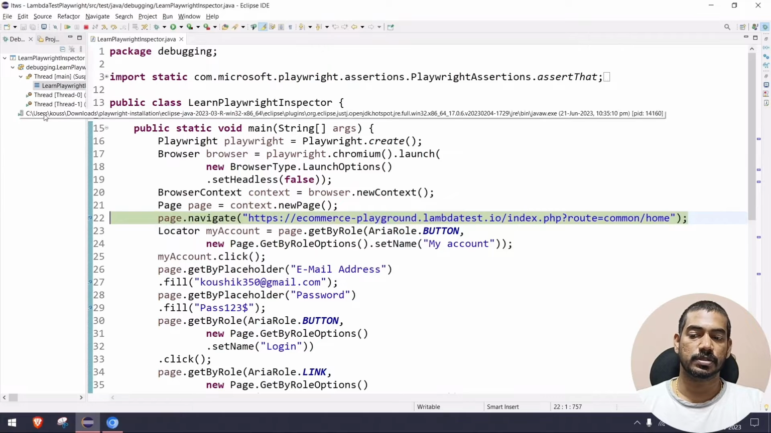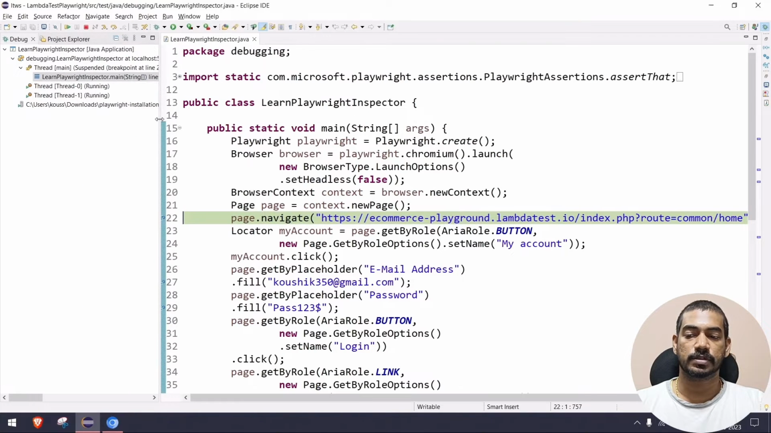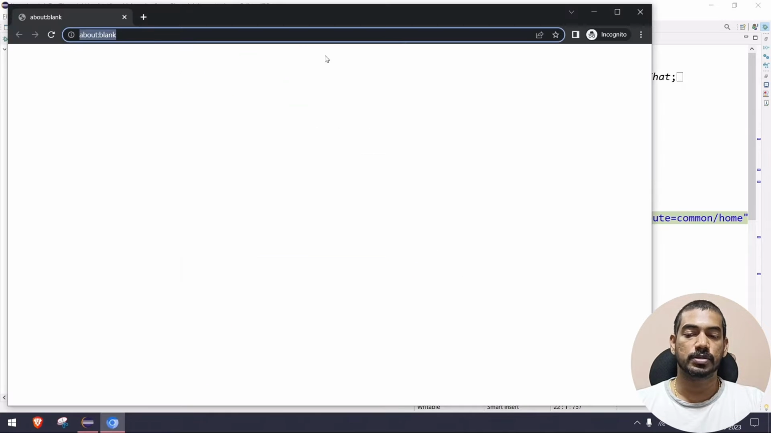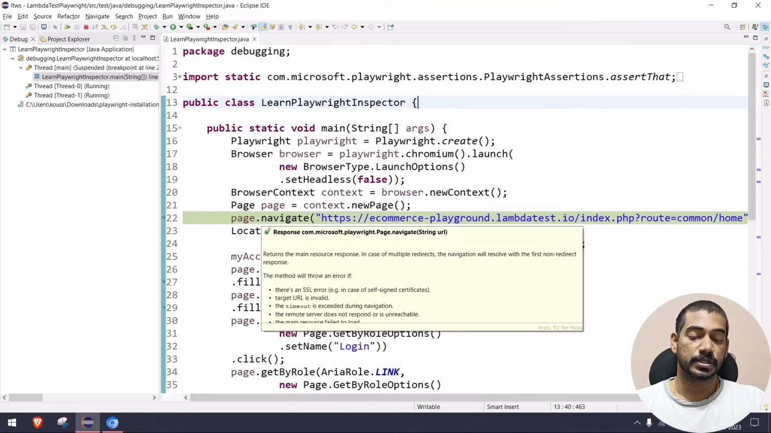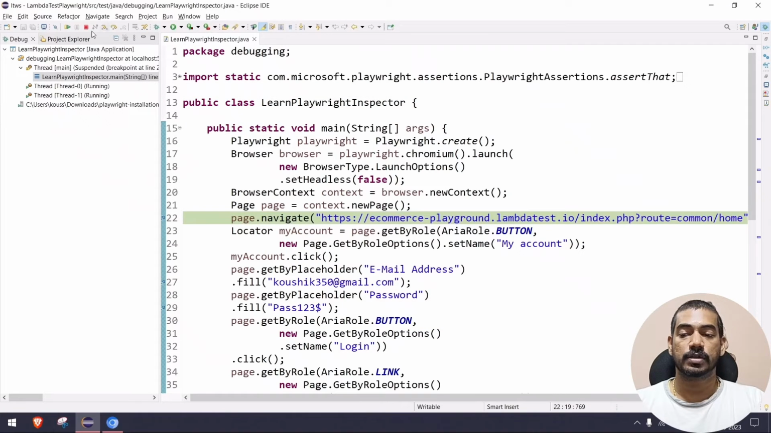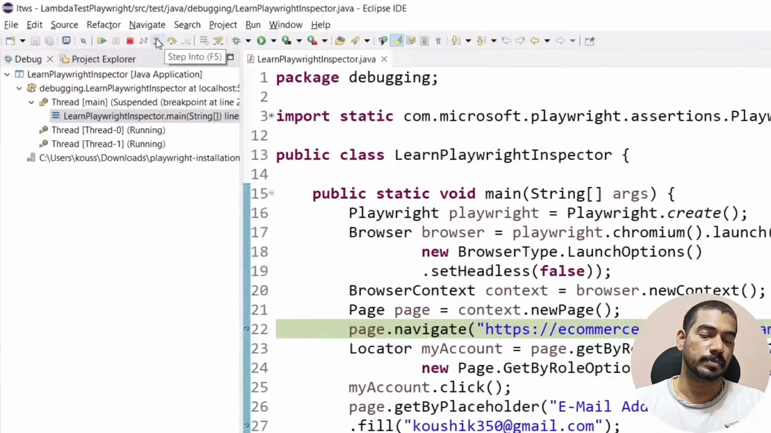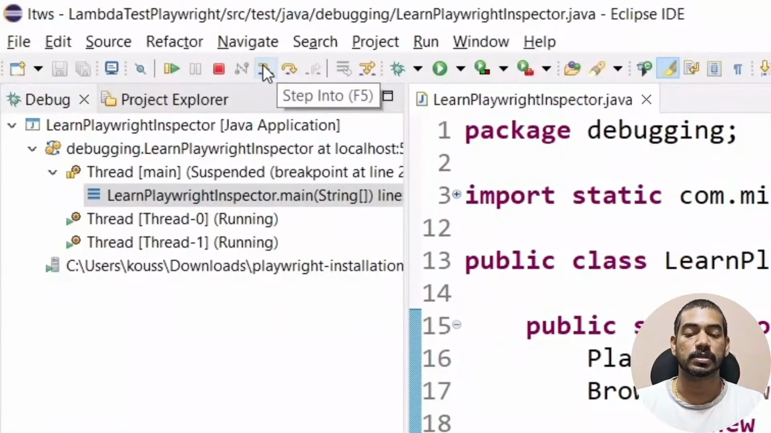So here on the left-hand side you can see a few of the threads running. You can see the browser got launched here with the blank page. Now it's stopped at line number 22. So if I click on step over, don't use step in, as that will basically go inside your method, and